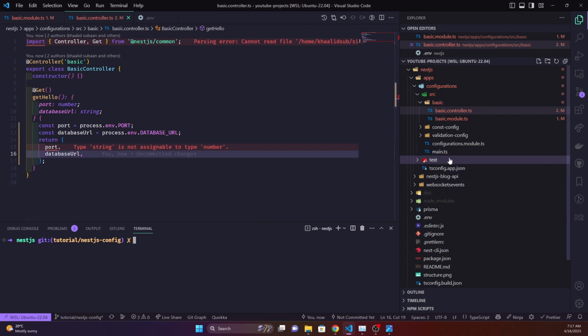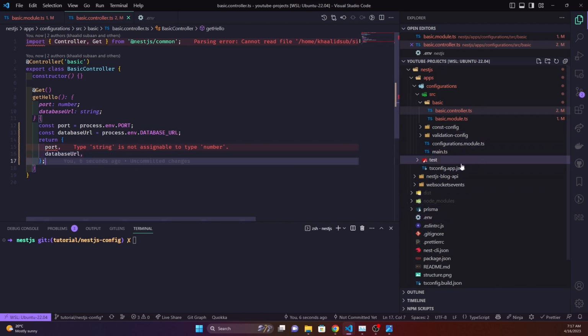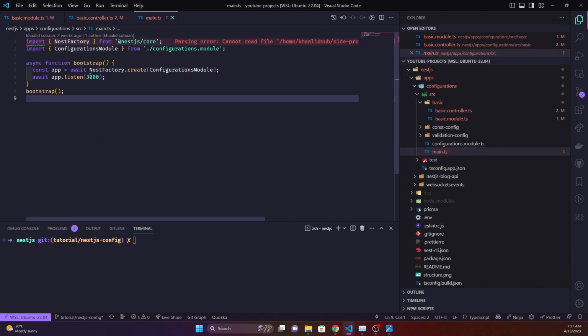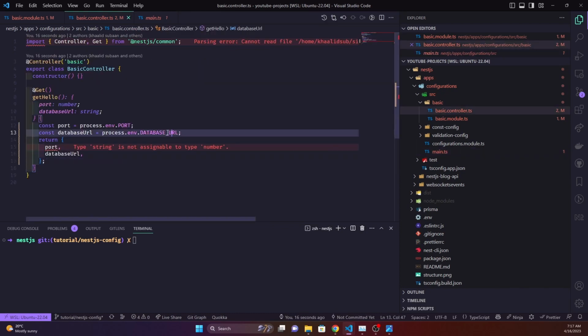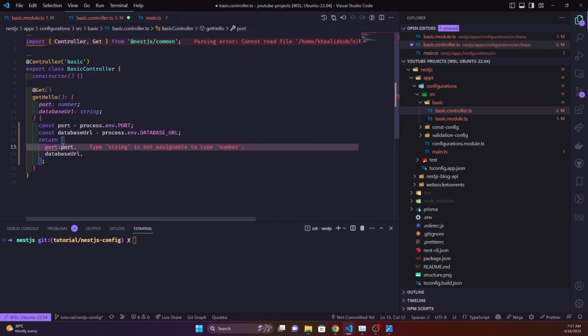Now what we need to do is check what kind of port number this server is running. So we will go to the main, and in here main, it's still running on 3000, so we'll have to change that a bit later. But for now, what we'll do is just run it and then work it out. Now there is a type problem, so we will say port, we'll cast it as